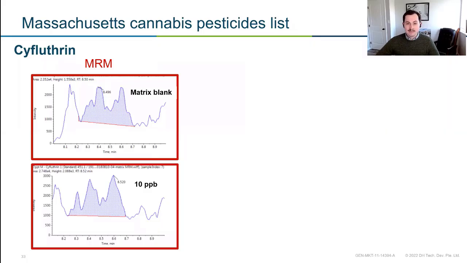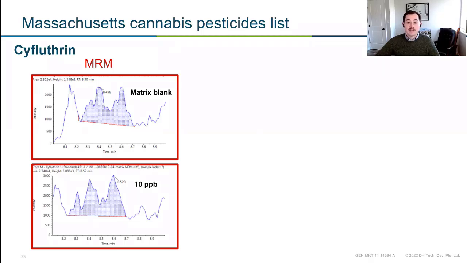One would be in cannabis. Again, cannabis is a truly horrible matrix from an analytical standpoint. And the other would be looking at THC in hair. Another one of my least favorite matrices. It's complicated and it kind of just grosses me out, to be honest. But cannabis is a tough plant matrix. We have high concentrations of cannabinoids. We have all of these plant metabolites. It can be really challenging to look for pesticides in this matrix.